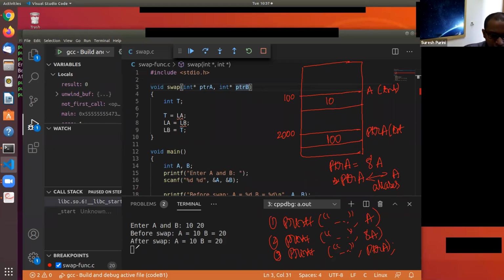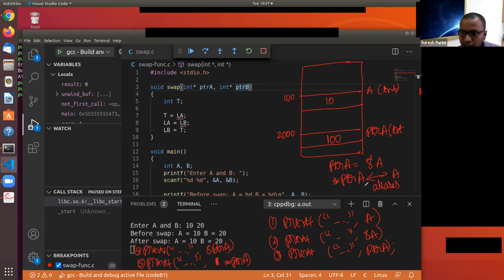Now number 4, if I say printf address of ptra, what do we get? Great. Number 5, if we do printf star ptra, what do we get?